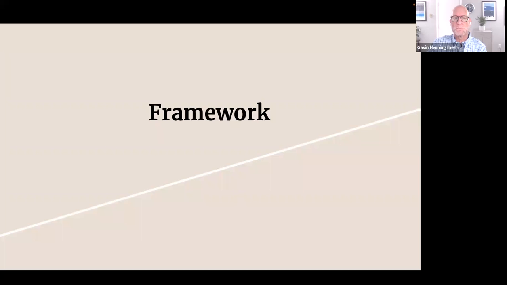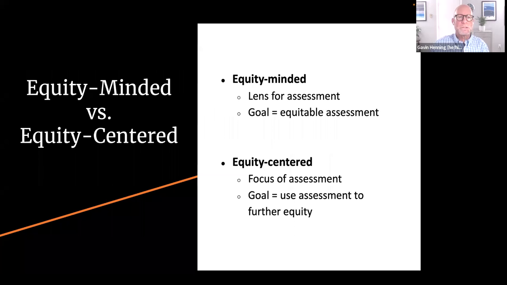The focus of this session is really to talk about a framework that can be used to pull this all together and conceptualize these different types of assessment that integrate equity. And I use the terms both equity-minded and equity-centered. What I mean by equity-minded is using equity as a lens for assessment, where the goal is to make sure we do assessment in an equitable way.